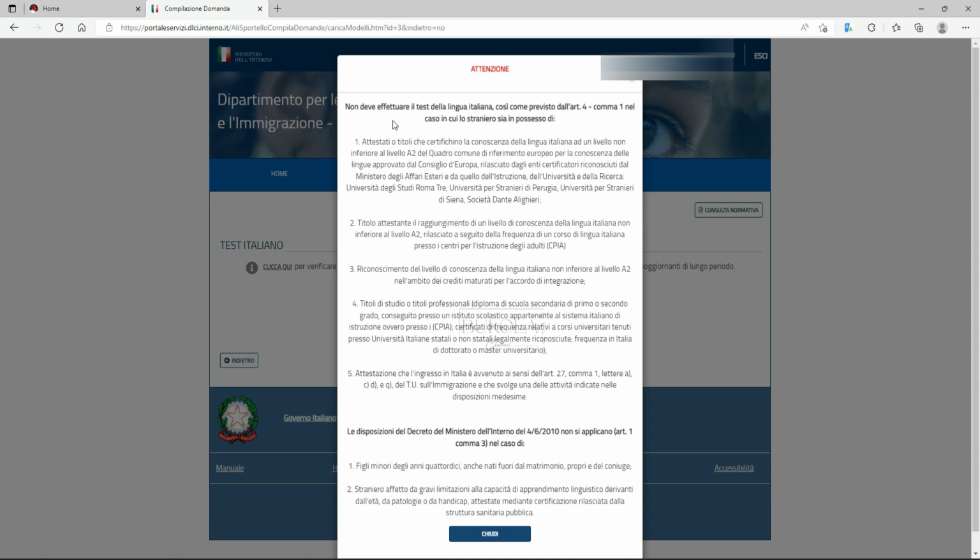The certificate must be from an approved school or institution. Also, if you've taken any language tests from CPIA, which is a school for adults,